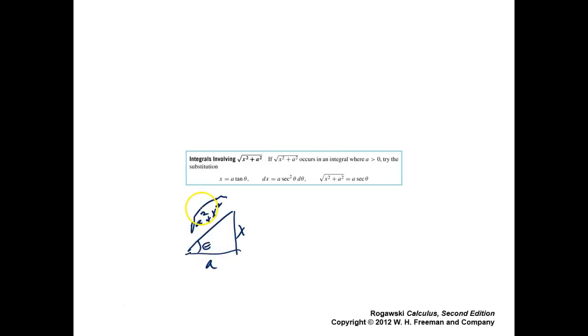Because adjacent over hypotenuse is cosine, hypotenuse over adjacent is secant theta, then multiply both sides by the a, and you get a secant theta is equal to the square root of x squared plus a squared. Okay, so your picture can show you that as well, or you can start playing with the numbers. Either way, whatever way you see or understand or want to go best. Okay, so with that in mind, let's do,